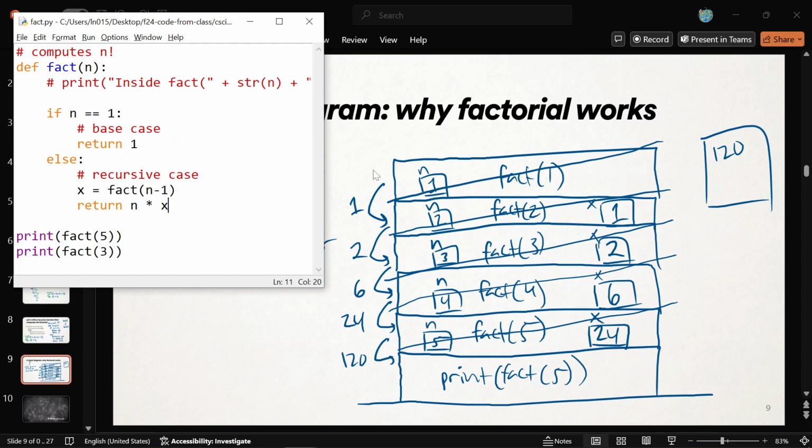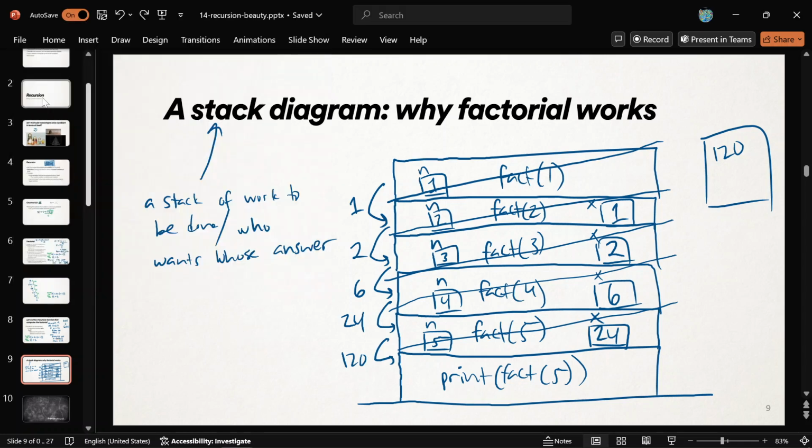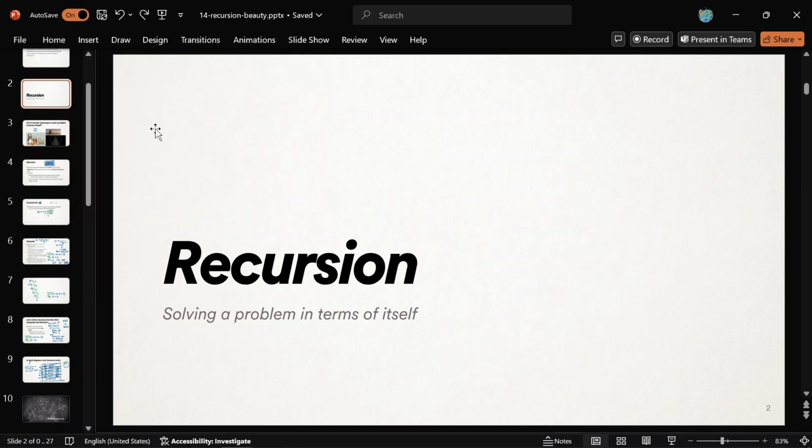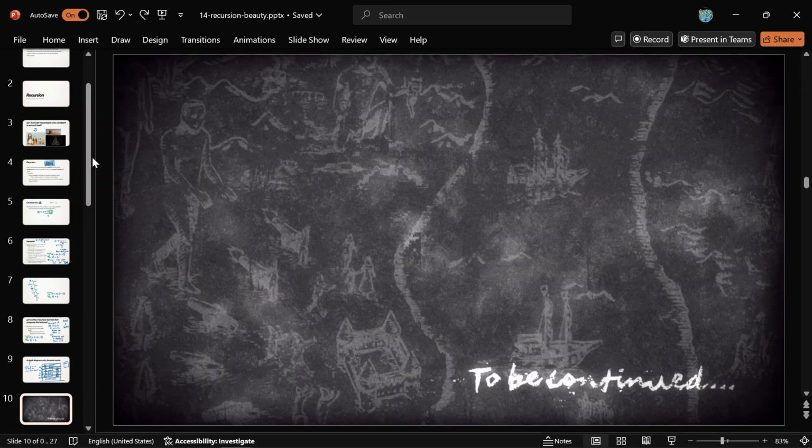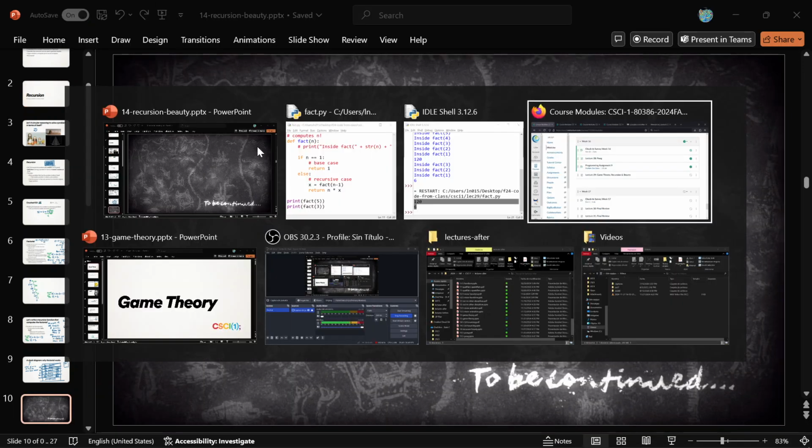It is definitely a harder concept. I spend potentially over a week on it in my CSCI 40 class. So recursion is not the easiest thing in the world. So if you understood any of that today, I'm proud of you. And it will all get better from here. Okay, so I think that's what I wanted to say today. That is recursion in a nutshell. We're finding problems inside of themselves. Any questions about that? All right, because I think that's where I want to stop for the day.